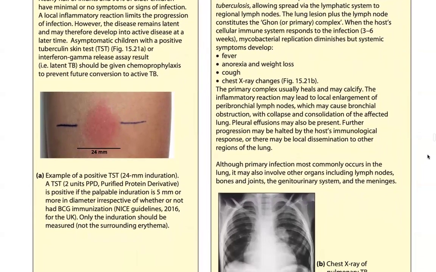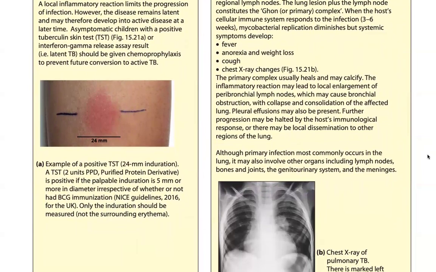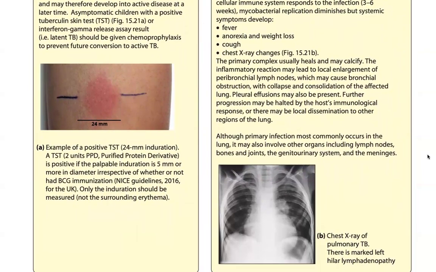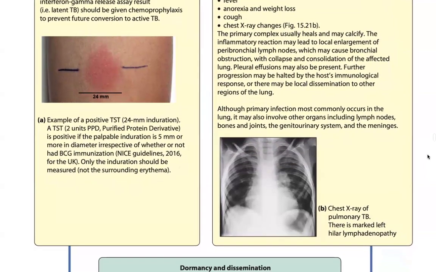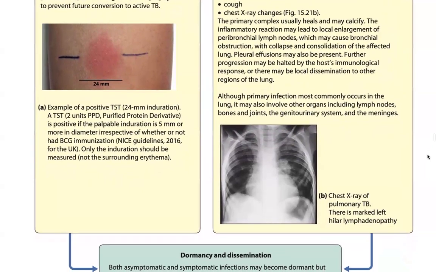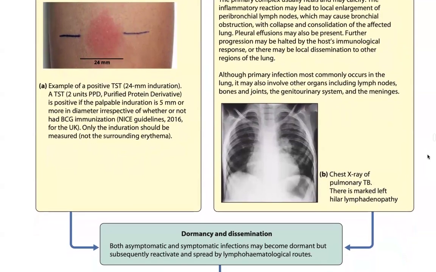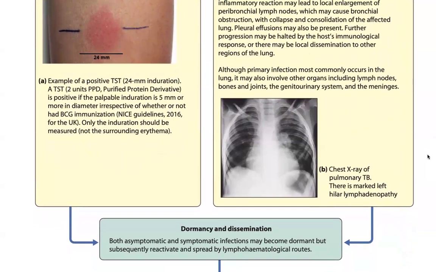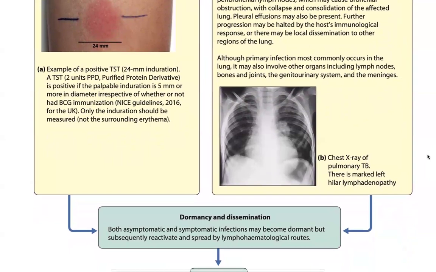The inflammatory reaction may lead to local enlargement of peribronchial lymph nodes, which may cause bronchial obstruction with collapse and consolidation of the affected lung. Pleural effusion may also be present. Further progression may be halted by the host immunologic response, or there may be local dissemination to other regions of lung. Although primary infection most commonly occurs in the lung, it may also involve other organs including lymph nodes, bones and joints, the genitourinary system, and the meninges. Chest X-ray shows a primary complex with left hilar